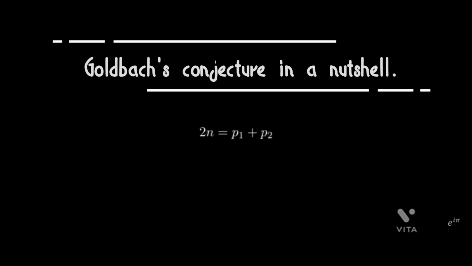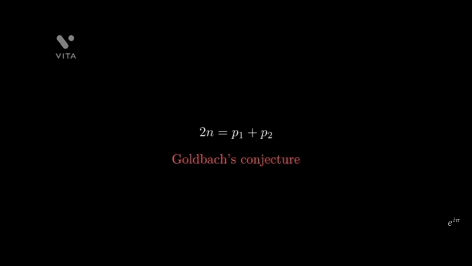famously known as Goldbach's conjecture, which is unproven till date. On June 7, 1742, the German mathematician Christian Goldbach wrote a letter to Leonhard Euler in which he proposed that